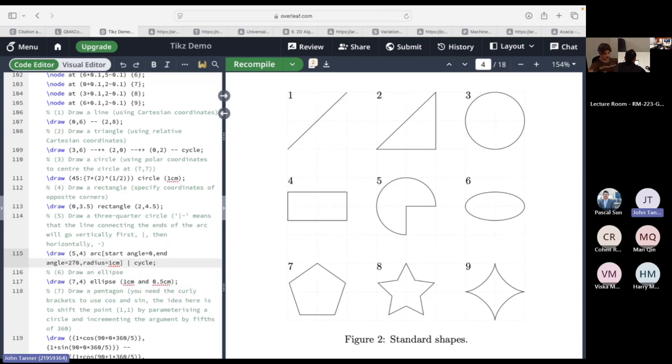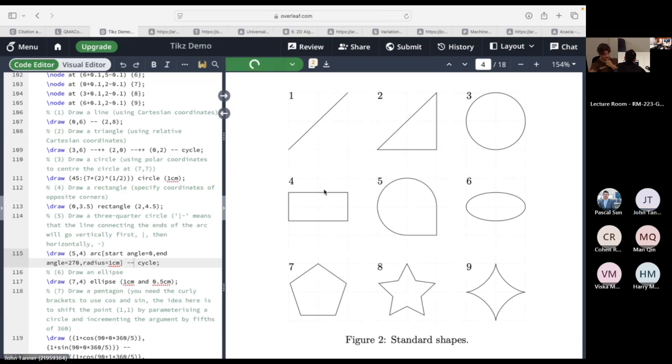But we could switch it to the other side. And this will now draw the horizontal line first and then the vertical line. Or if we just get rid of it and just leave it as dash dash, then it draws a straight line. So, like you could use this to really conveniently draw a